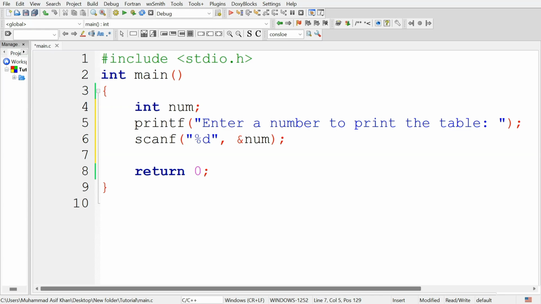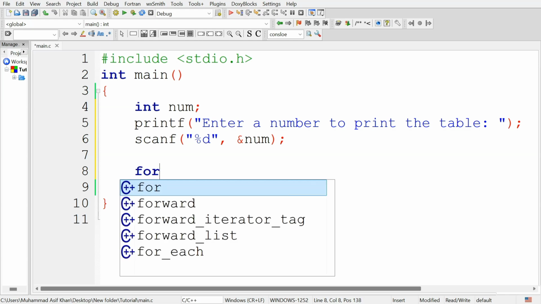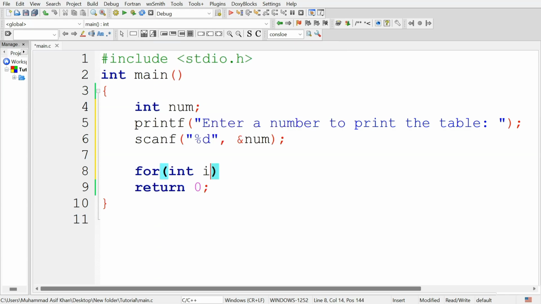Now use a for loop to print the table. As the table contains 10 iterations, 10 values, number multiplied by 1, number multiplied by 2, number multiplied by 3 and up to 10. So the loop will iterate 10 times starting from 1, for int i is equal to 1, and it will continue executing if the value of i is less than or equal to 10, and at each iteration the value of i will be incremented by 1,